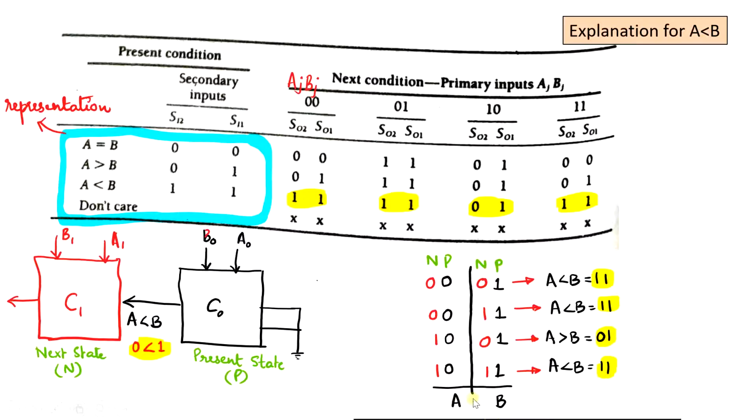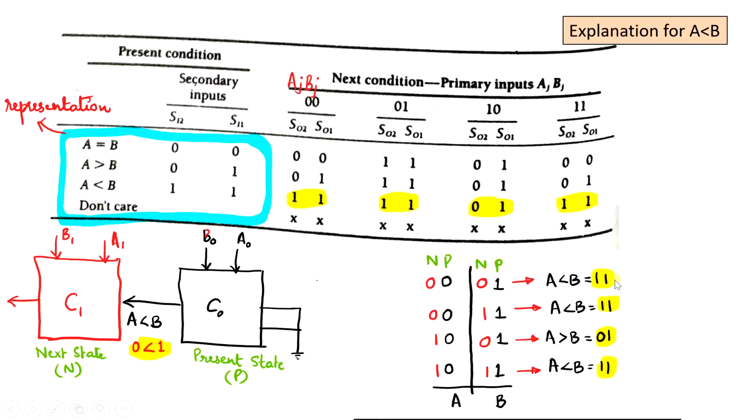Now the two different parts are considered as two different operands, and a comparison is done for A less than B or A greater than B, and you can see that as per the encoded data, I'm going to have the result for A less than B equal to 1, 1, and for A greater than B equal to 0, 1.